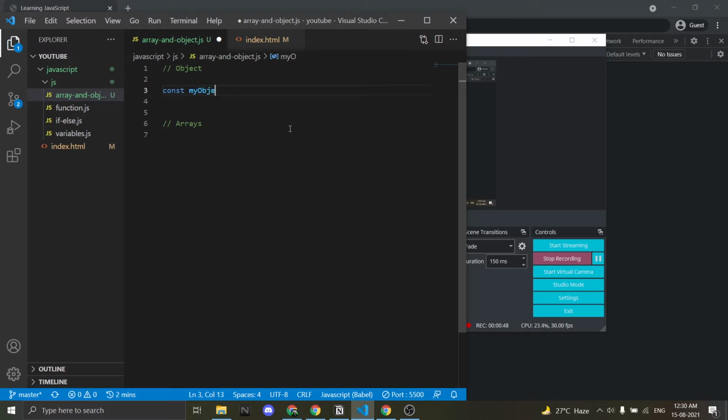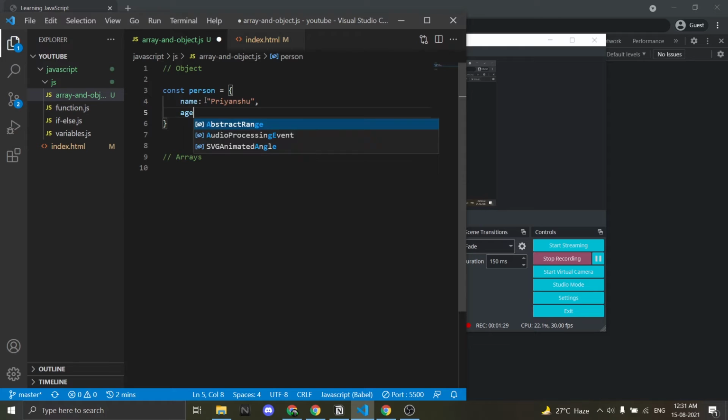my object, but it can contain more than one data. For example, let me change the object's name to person, and now I'll give three values: name, which will be a string, and then age, which will be a number,